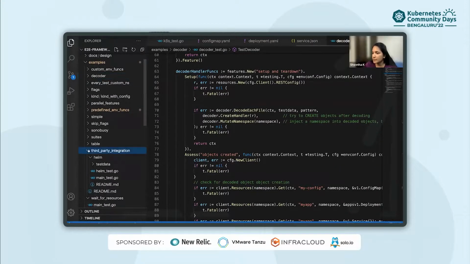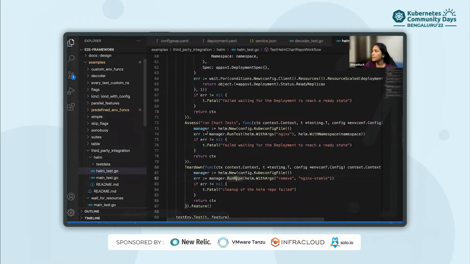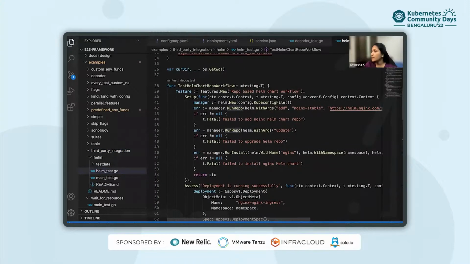Let's see third-party integration. As I said, we have Helm integration as well. If you see here, this test feature demonstrates how the repo-based Helm chart workflow works.